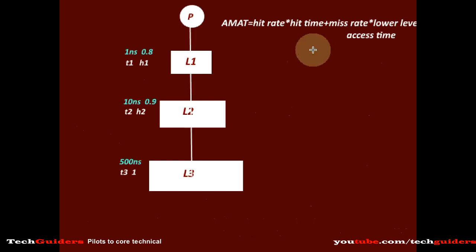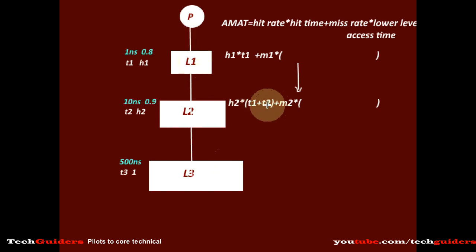Now consider hierarchical access. The average memory access time general equation is hit rate into hit time plus miss rate into lower level access time. If a hit in L1, the time taken is T1, and if a miss, the time taken is lower level access time. Moving to lower level, if a hit in L2, the time taken is T1 plus T2 because this is hierarchical access, and if a miss, the time taken is lower level access time. The next level, if a hit, the hit rate is 1 and the time taken is T1 plus T2 plus T3 since this is hierarchical access. So the equation is